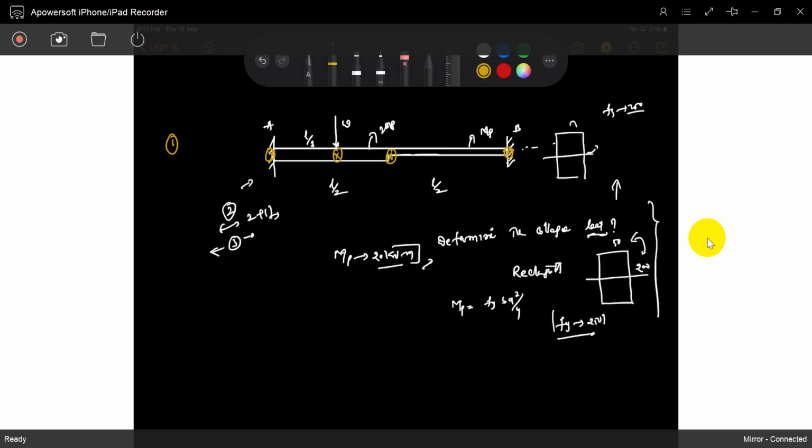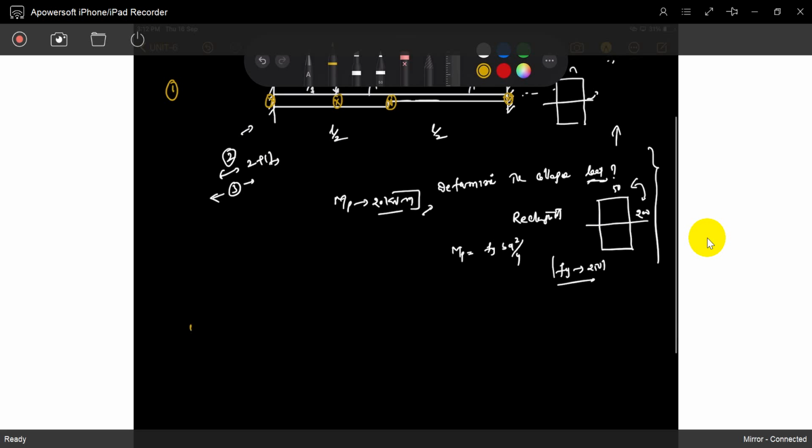See, the cross section is suddenly changing. That's why there is a weak link between those two cross sections. There is a chance to form a hinge at that location. So we will check both. The first possibility